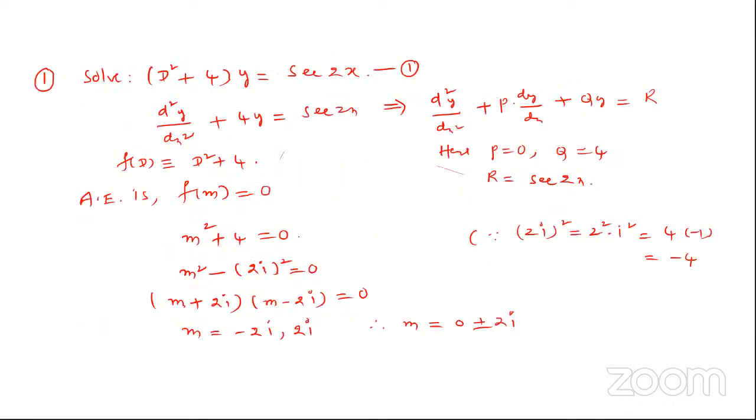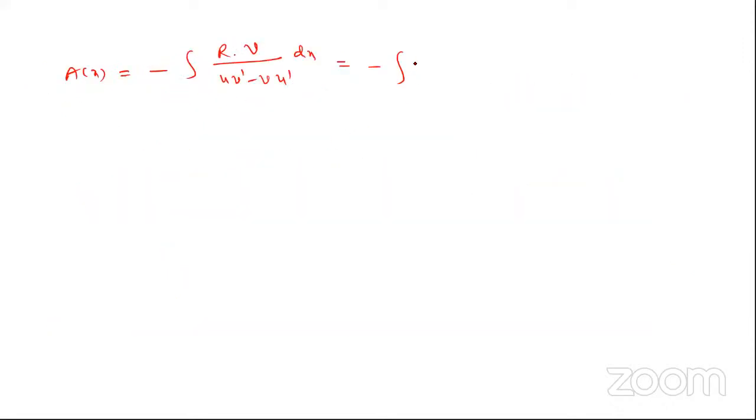So what is the formula for determination of A(x)? The A(x) formula is minus integration of r into v divided by u v dash minus v u dash, and perform this integration with respect to x. So minus integration of, what is the r value? From the given differential equation, the right hand side part is secant 2x. So the r value is secant 2x into v. What is the v value? The v value is sin 2x. r is secant 2x, v is sin 2x, divided by u